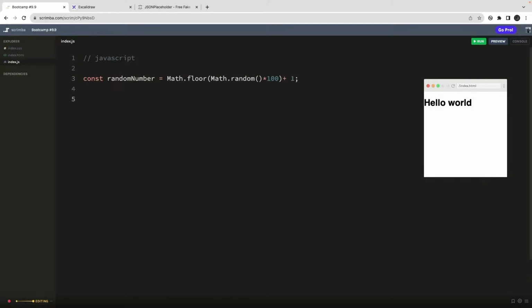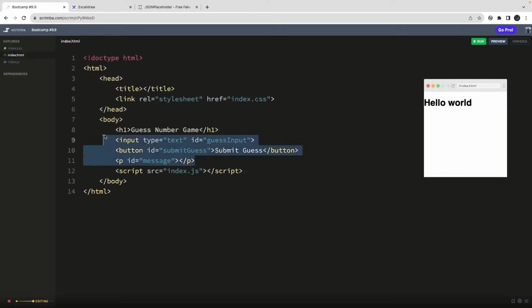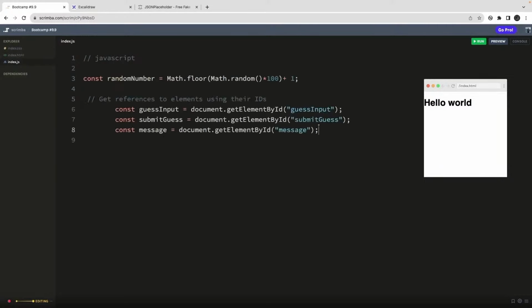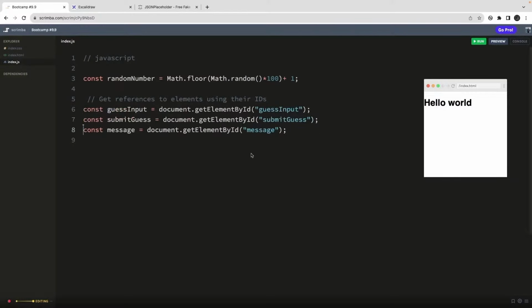So this is the way to generate a Math.random number in between, I think, 1 to 100, and we have the input type text field. So we get the input DOM node, we got the submit button, and we got the message. All these three different nodes have their IDs: guess input, submit guess, and the message. So we can do submitGuess.addEventListener, and we have a click event